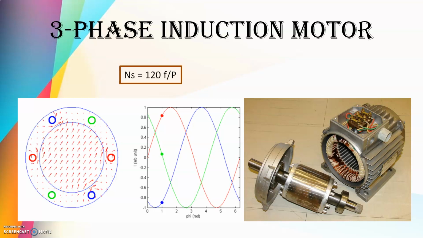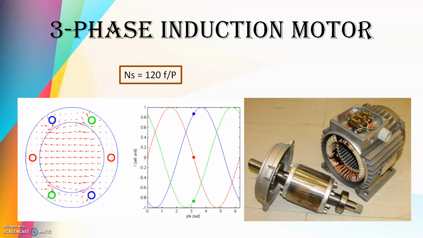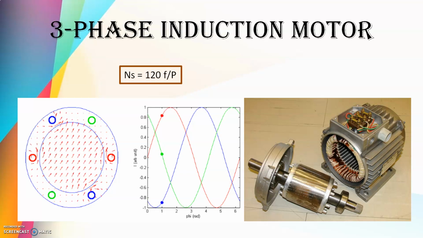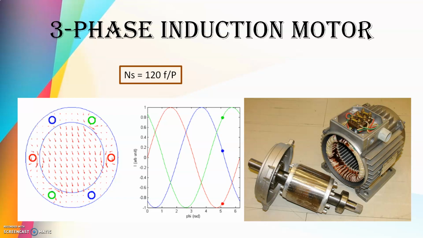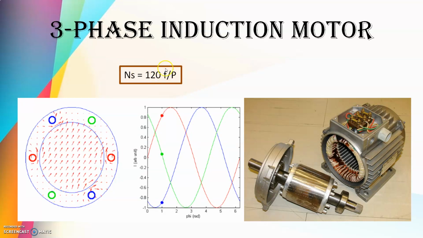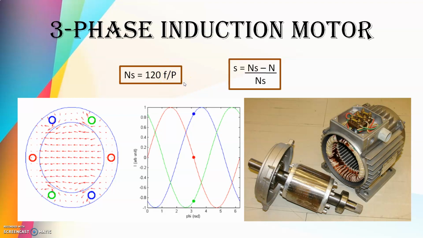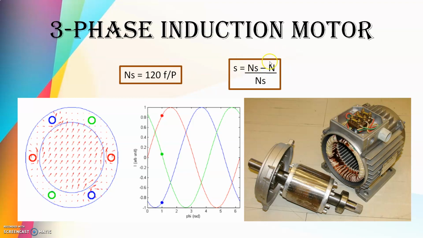And the synchronous speed of a three-phase induction motor is given by ns equal to 120 f by p rpm, where f is the supply frequency and p is the number of poles, and the rotor speed n is